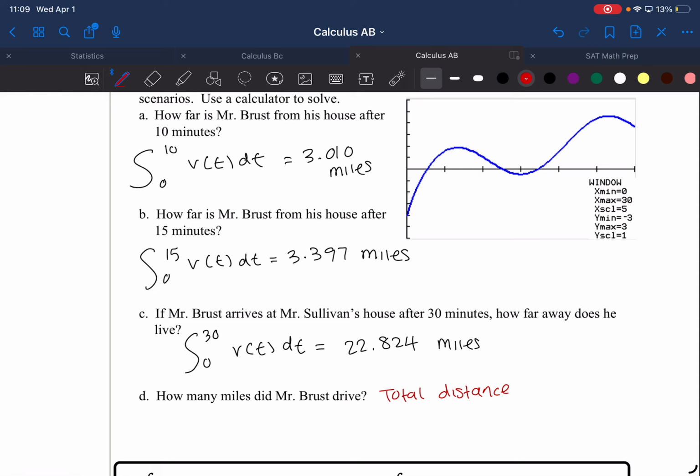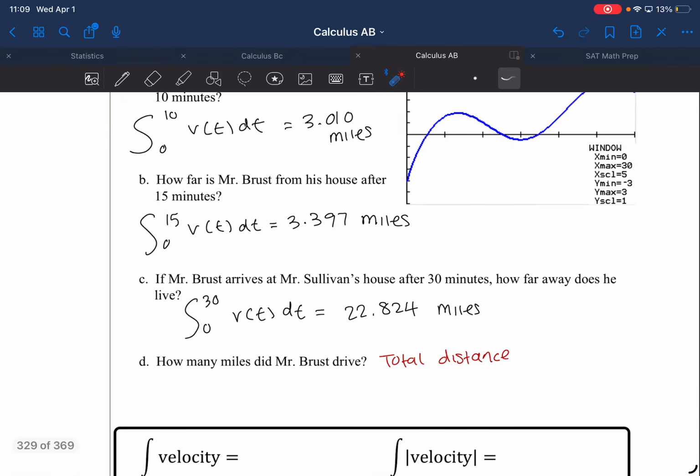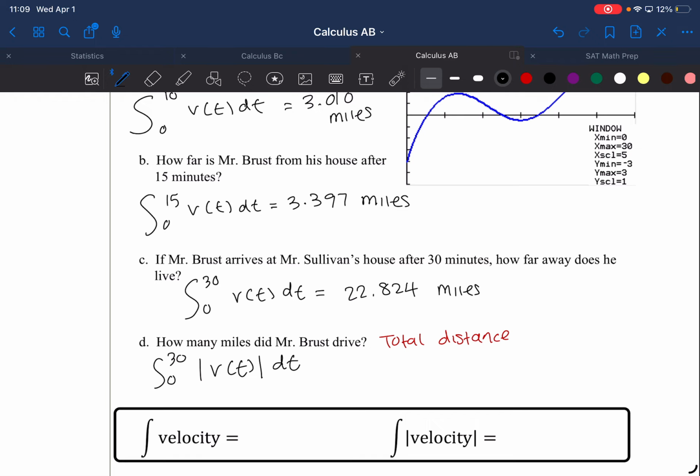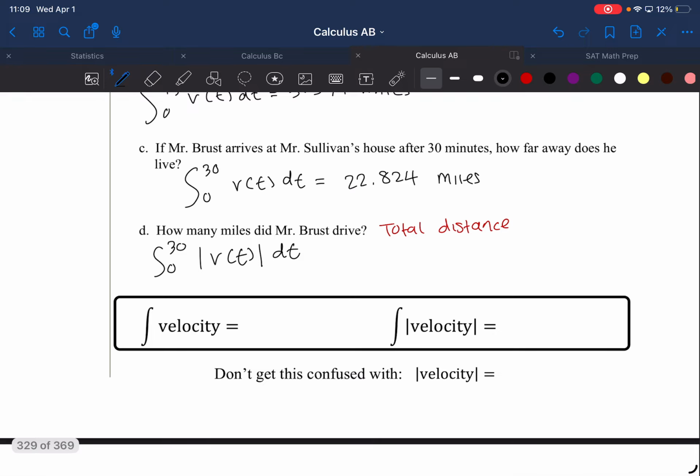Based off his interesting loop here in his diagram, it looks like he started to drive in that direction, got distracted, maybe made a stop somewhere, and then continued driving some more. So we know that potentially this could be more than 22 miles. So what we're trying to find is the total distance, and the total distance is the absolute value of velocity. So I'm still going to do the integral from 0 to 30, but I'm going to do the absolute value of velocity, dt. You plug this into Desmos exactly like this with the absolute value surrounding v of t, and you get